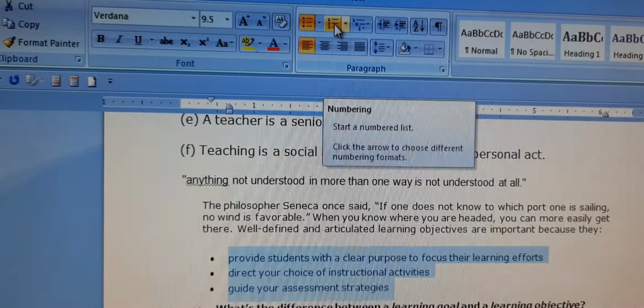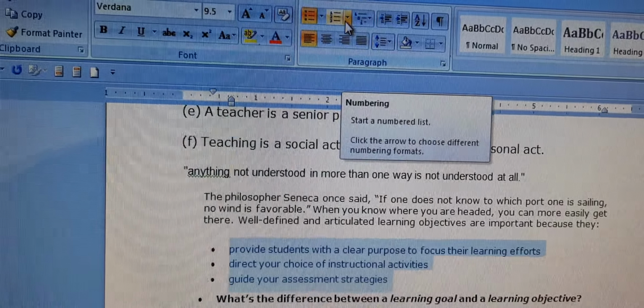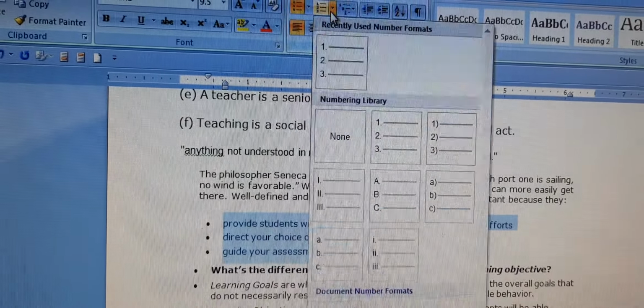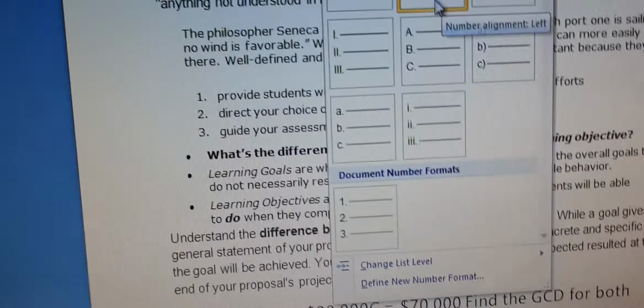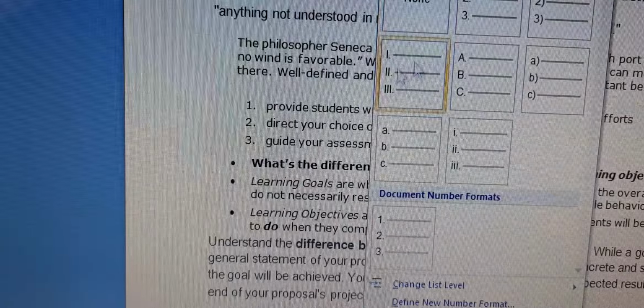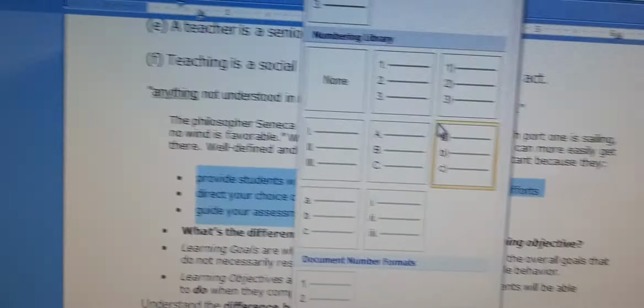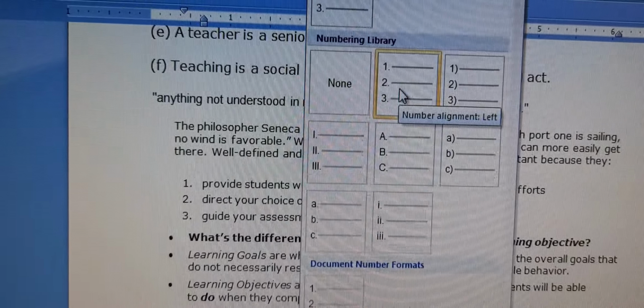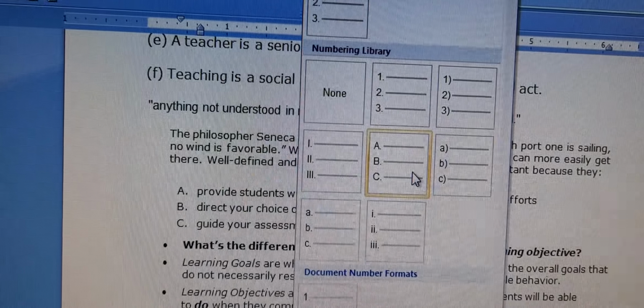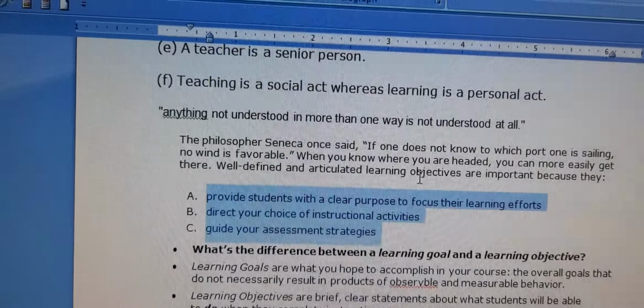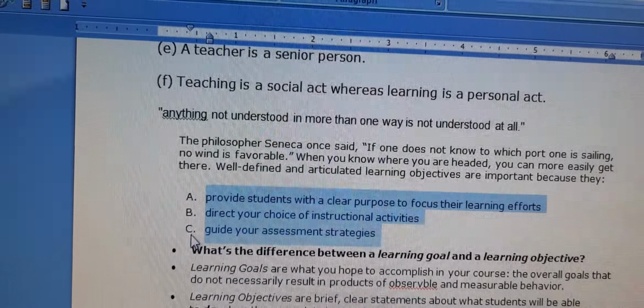Now you can press here. Right now they are in bulleted form, so we will choose another kind, and you can see the difference here in the text. Can you see at the back? Here the difference is there. When we choose this 1 2 3, the difference is there: 1 2 3, Roman, ABC. Let's choose ABC. Now it is changed.